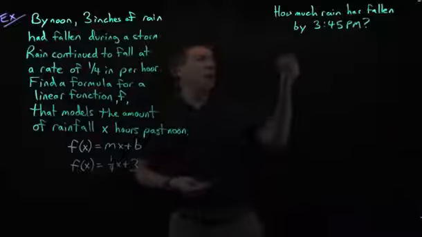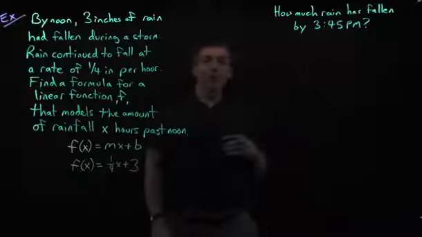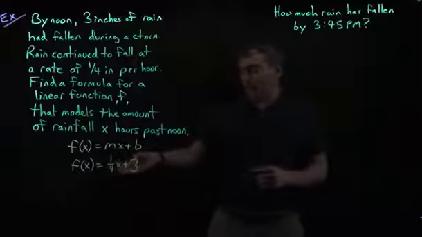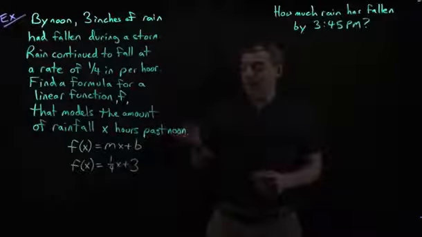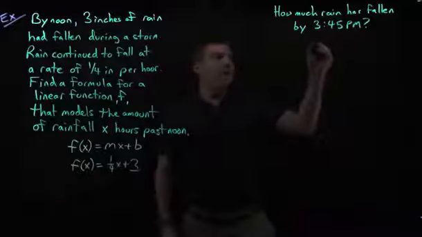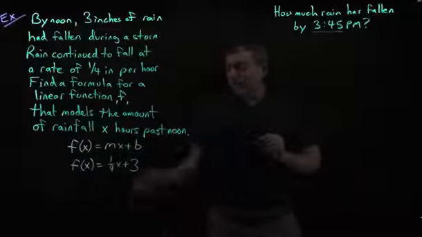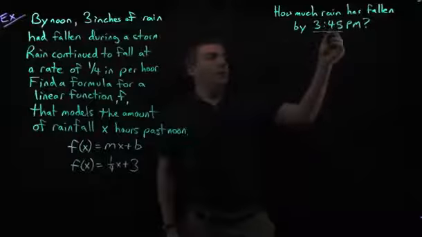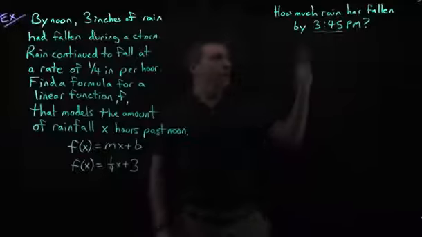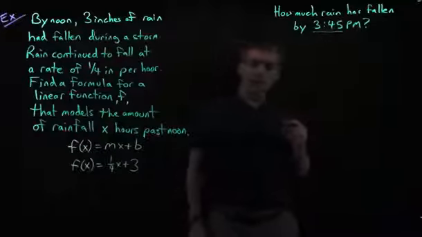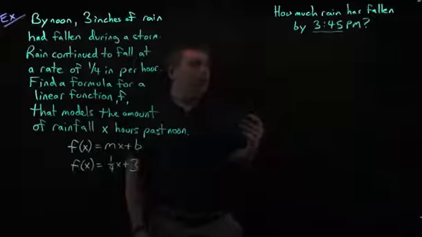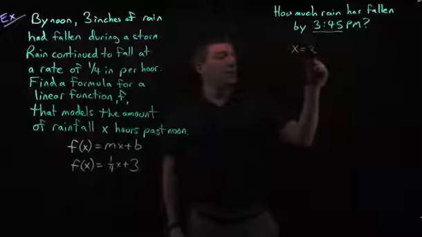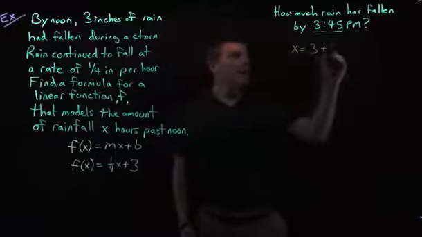For example, let's say how much rain has fallen by 3:45 p.m.? Since this function gives us the amount of rainfall in inches that has fallen x hours past noon, we just need to convert 3:45 p.m. into hours past noon. Well, 3 o'clock, we ignore the 45, is already 3 hours past noon, and 45 minutes is 3/4 of an hour. So we want x to be 3 plus